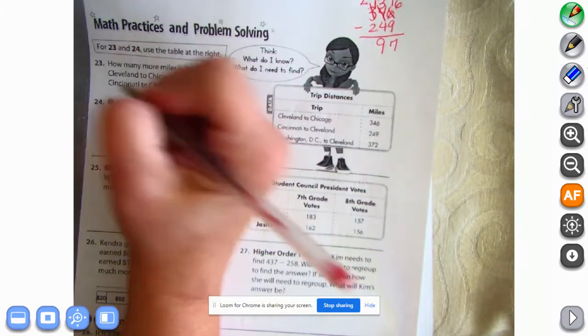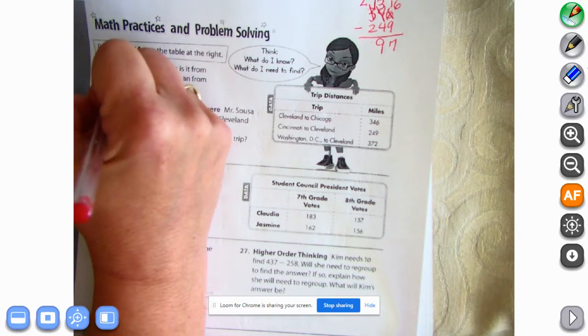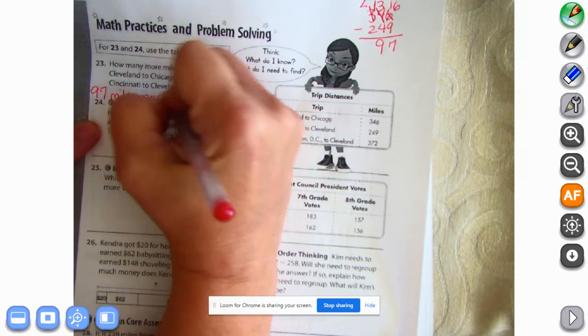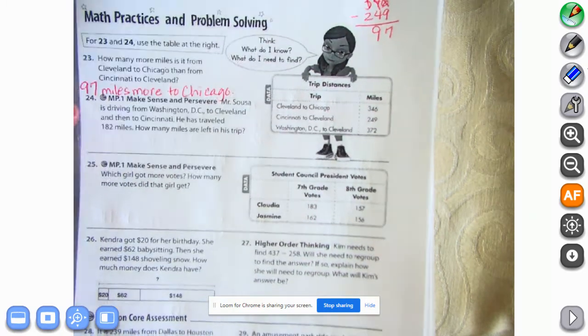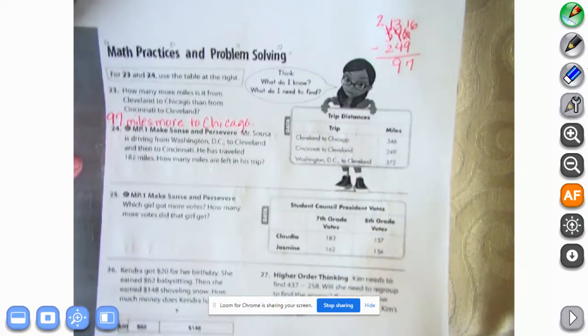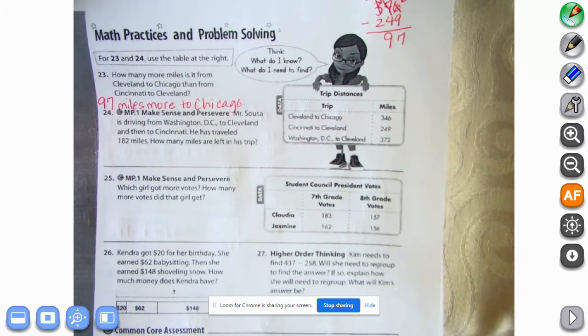So we know that from Cleveland to Chicago is 97 miles more to Chicago. Okay. Go ahead and pause if you need to get that written down. Okay, when you're ready and come back,